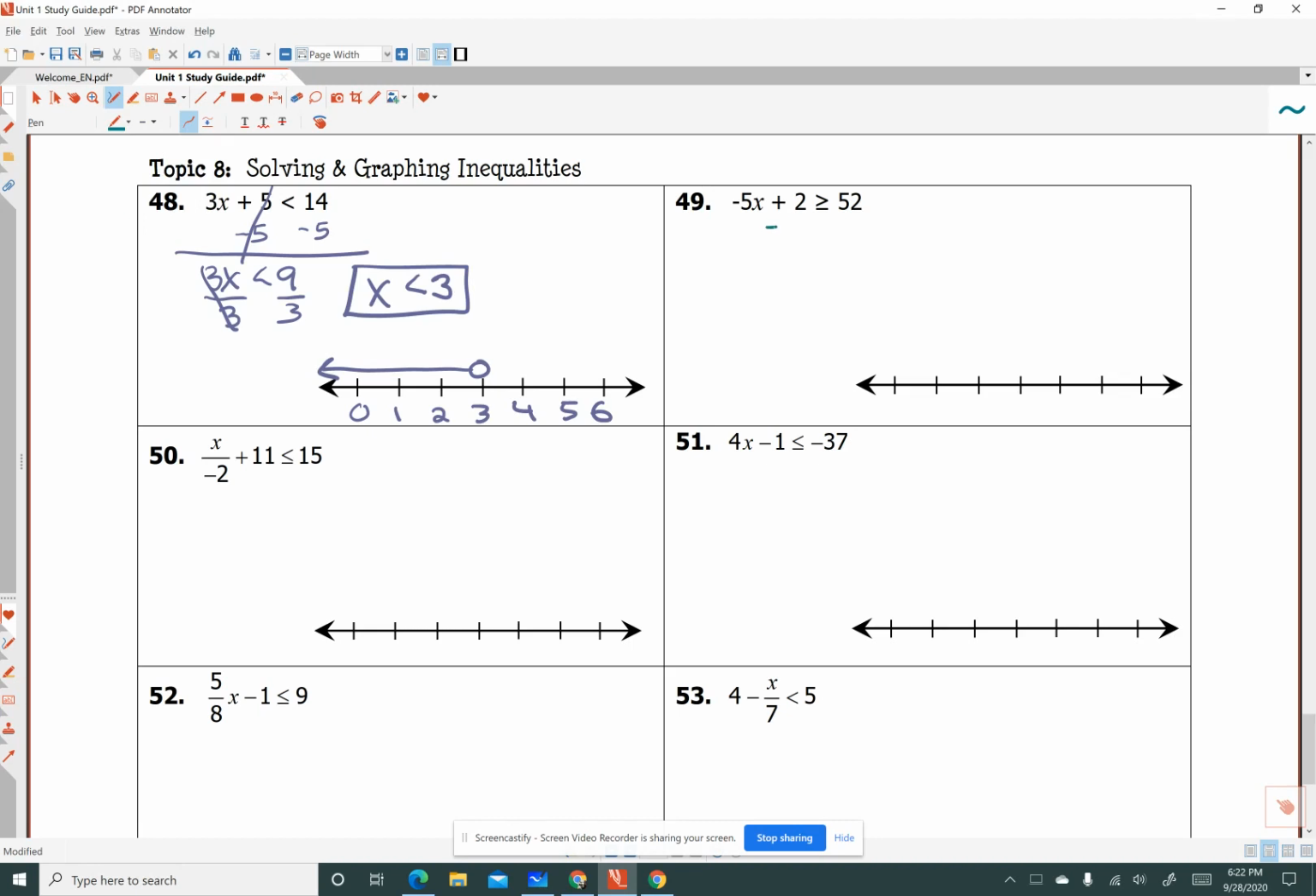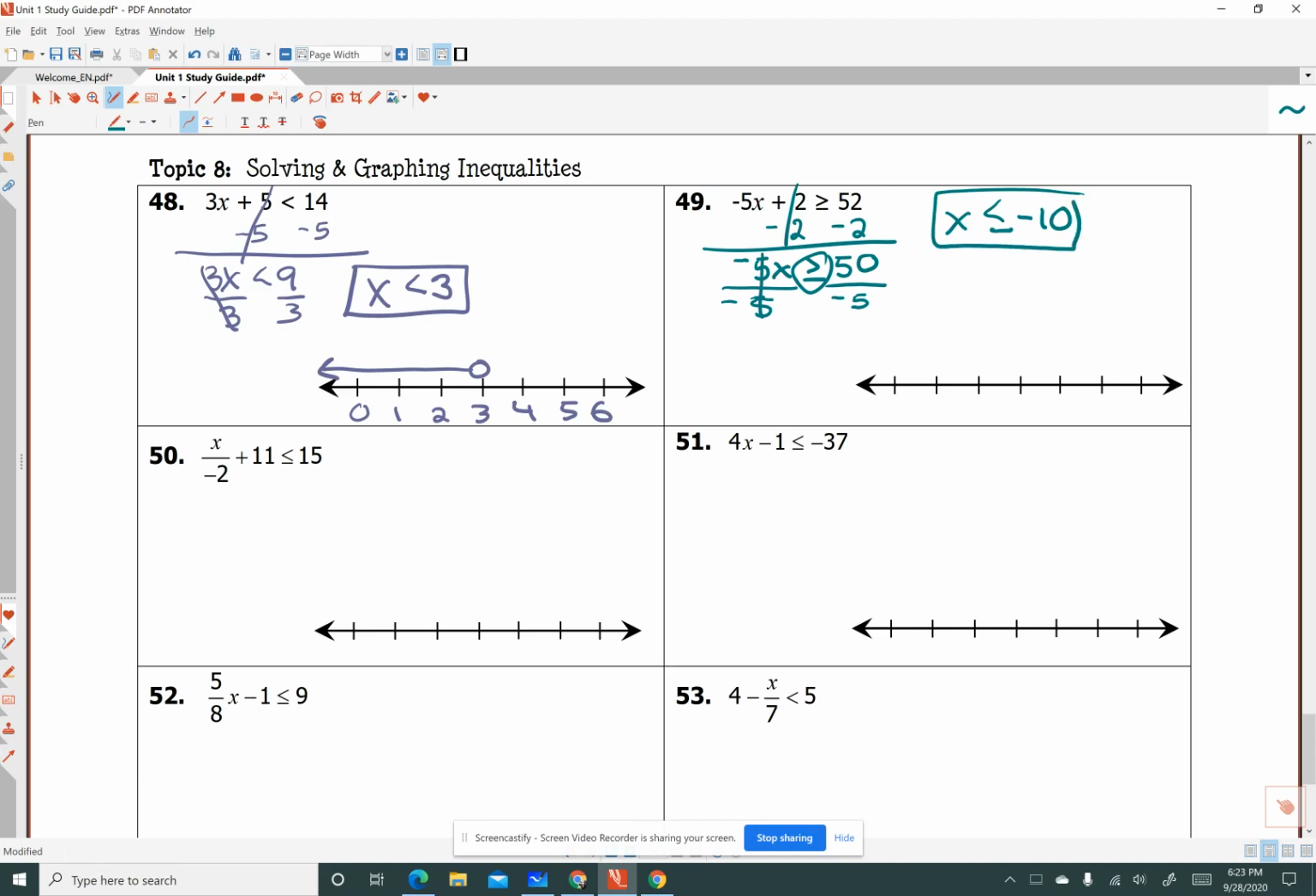Okay, negative 2, or subtract 2 from both sides so that I can isolate that 5x. So I have negative 5x is greater than or equal to 50. And now I need to divide both sides by negative 5, but let's not forget what we need to know with an inequality is that when you multiply or divide by a negative, you have to flip that inequality sign. So now I will have x, I'll flip the sign, is less than or equal to negative 10,